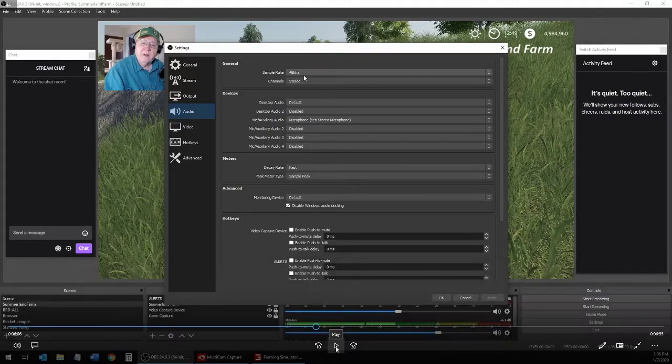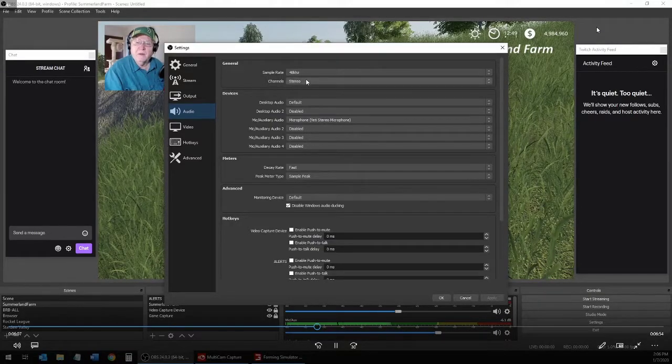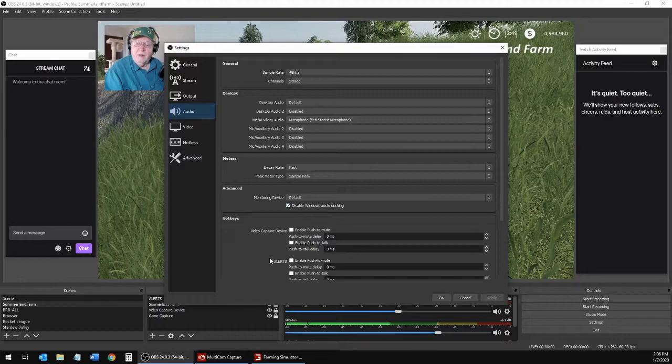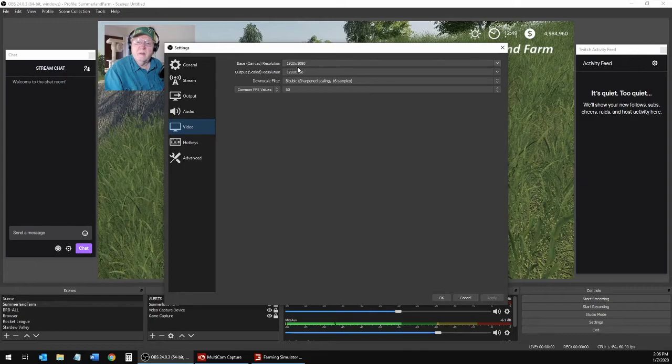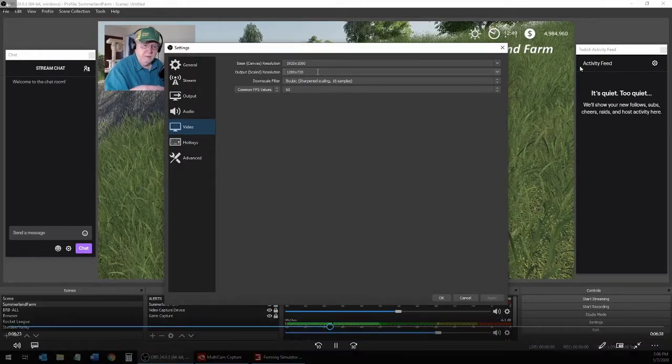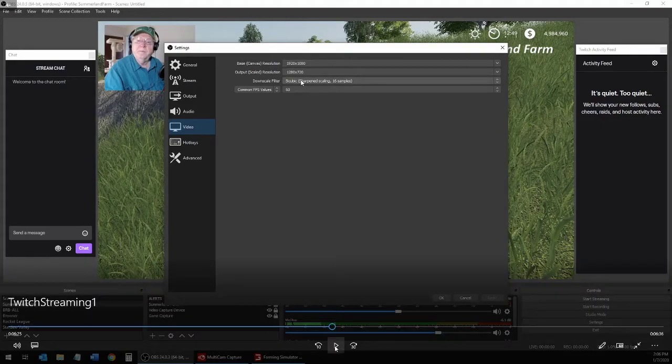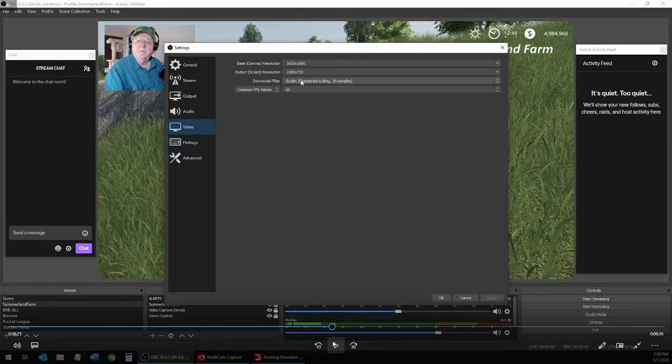Now the desktop, OBS acquires the desktop audio for your game audio. Okay, video. I'm running the game at 1920 by 1080. I want to feed out what's basically 720p, which is 1280 by 720, and therefore I need to use a downscale filter to bring it from 1920 down to 1280,